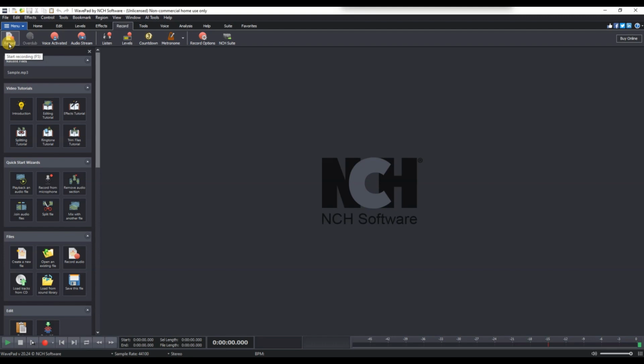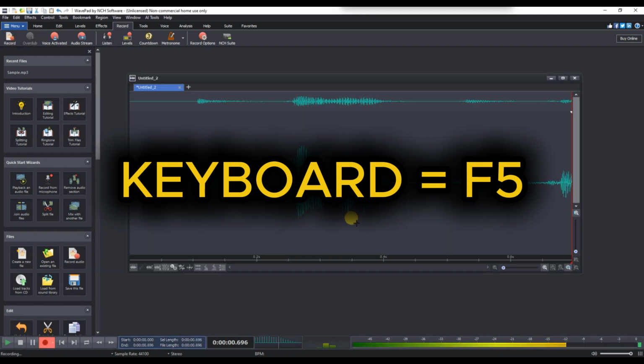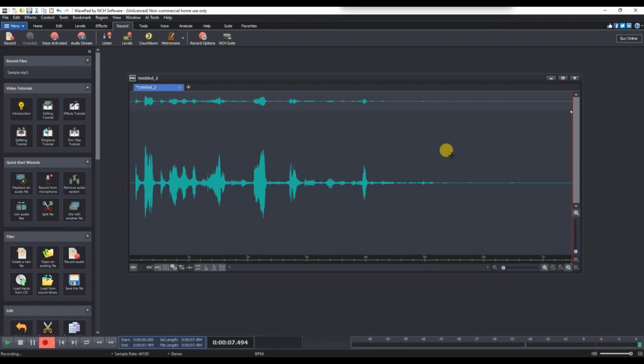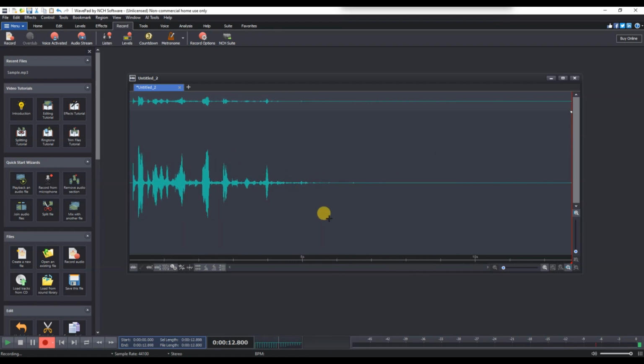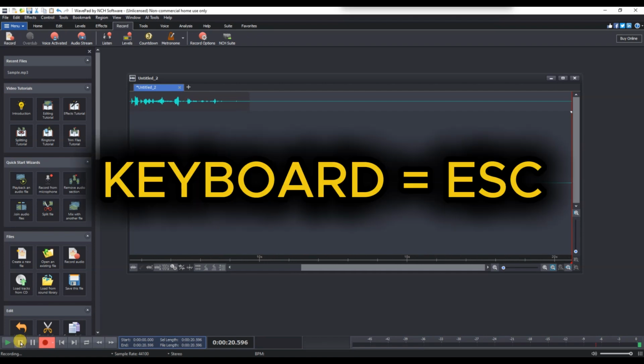A new recording window will open. Before starting, check your input device and adjust the recording volume if needed. When you are ready, click the record button in the recording window or press F5 on your keyboard to start capturing audio. Speak or play the sound you want to record clearly into your microphone. Once you finish recording, click the stop button at the bottom left, or you can simply press the escape key